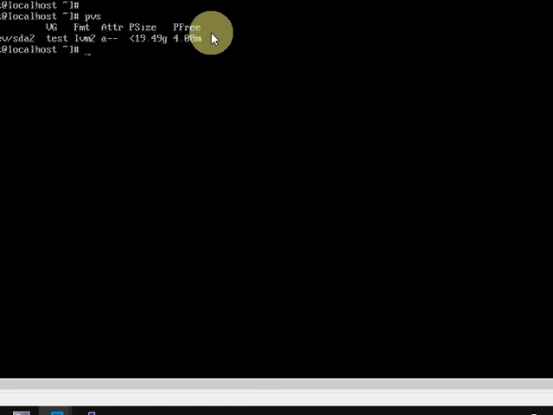Now we'll see what physical volumes we have configured. In a summarized way, there is a command pvs. If you run it, it will show you /dev/sda2, VG name is test, and the PSize is 19.4G. We created two partitions.